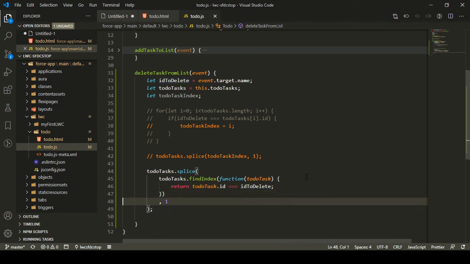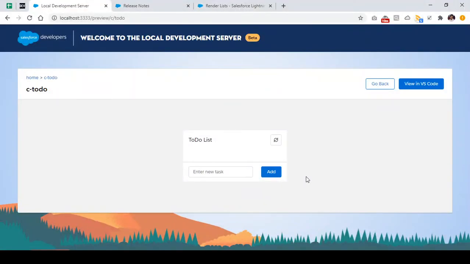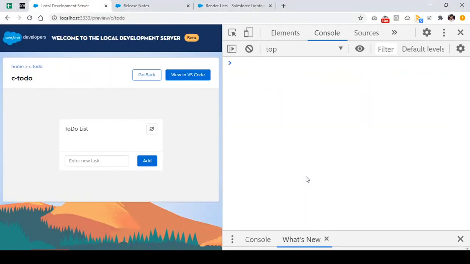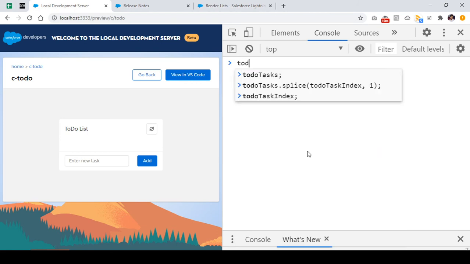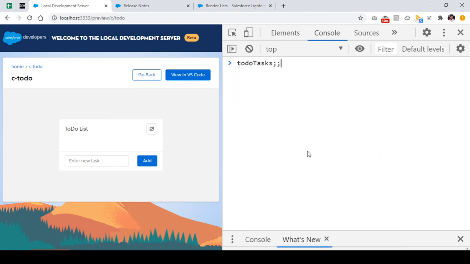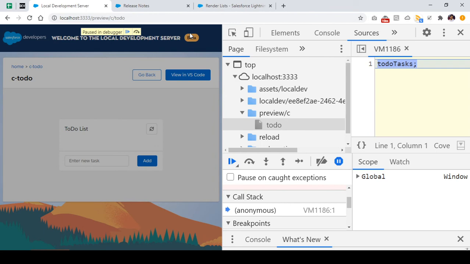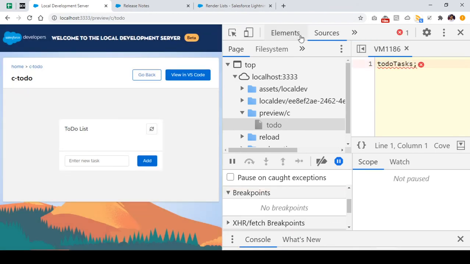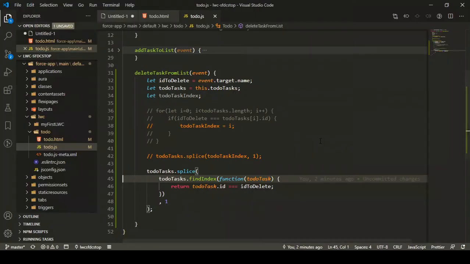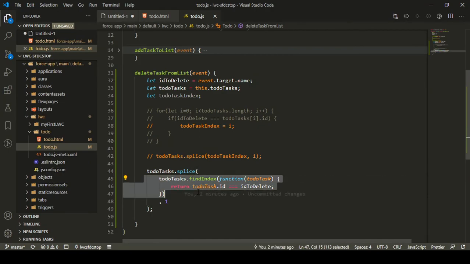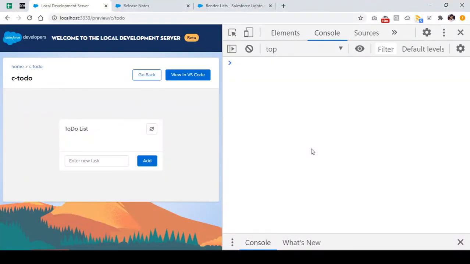Okay, so we got to know how we can use the findIndex method to actually find the index of the element, right? I think I can show that to you as well if my todoTasks variable is still there. Let me check if it is actually present. No, it is not present now because the page was refreshed. So in order to explain this findIndex method more clearly, I'll create an array of todo tasks again, and I'll show you that, right?